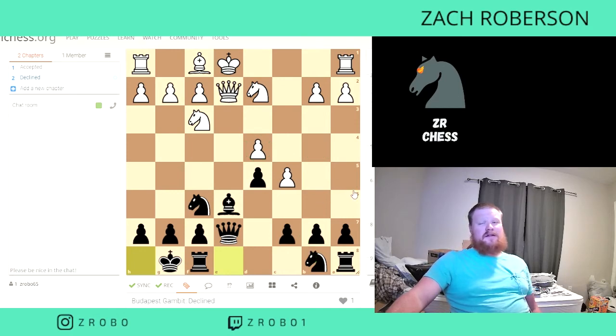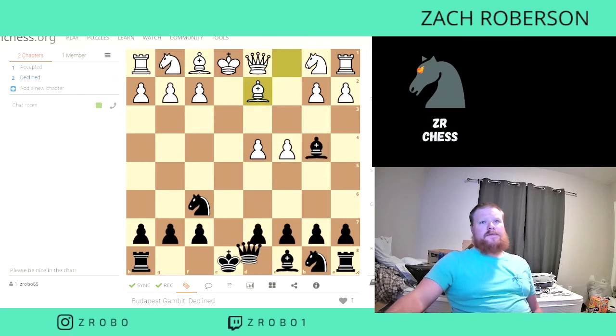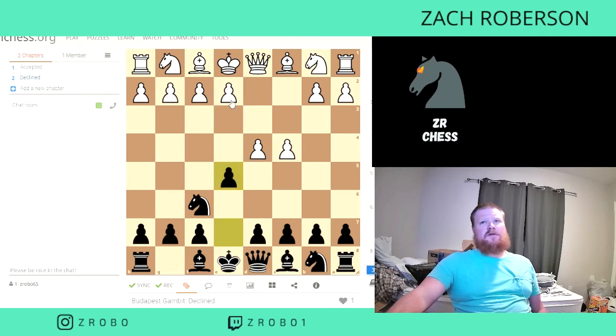Even though they declined our gambit, this is a really solid opening for black. So that is the Budapest Gambit. There's another way instead of him declining with e3. He could just play d5, and d5 we're gonna come in with b4 check,